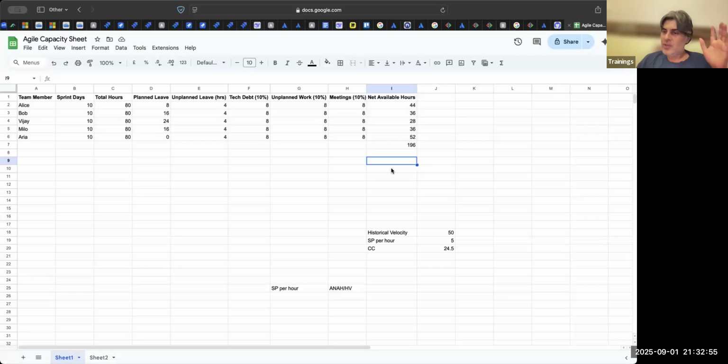So at least for the initial 2, 3, 4, 5, 6 sprints, you can say that you get the hours from the availability sheet, and based on the hours, your capacity for that sprint is calculated. The capacity for our sprint is 30 points. 196 divided by 6, so 32 points roughly. Let's make it a round figure of 30. Now let us see how the sprint goes.